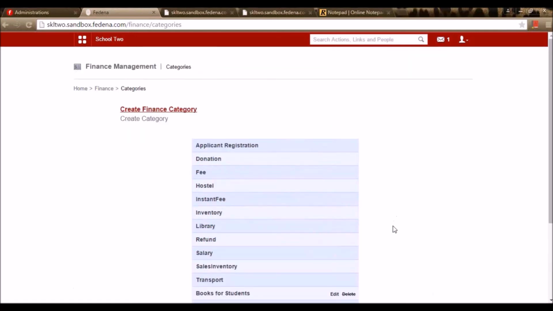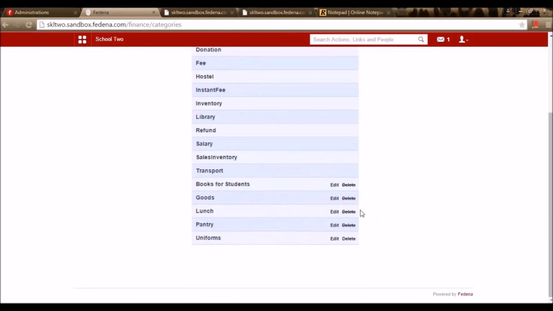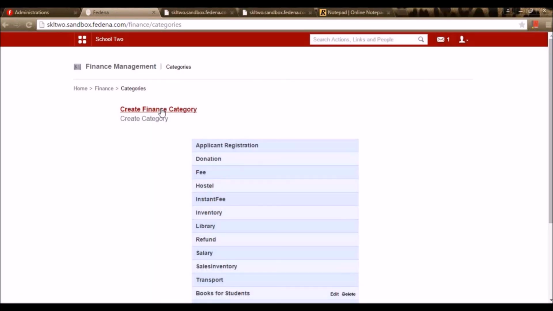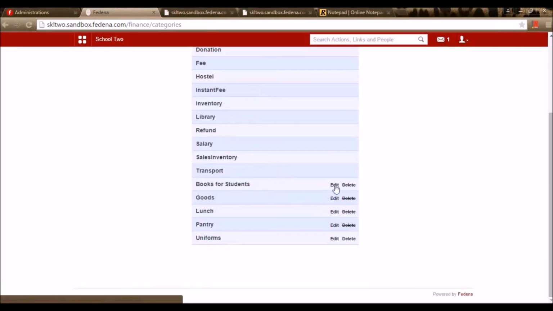For example, there might be certain financial categories or transactions happening in a school for uniforms, pantry, lunch, goods, and books for students. So I have created these by going for the option create finance category.